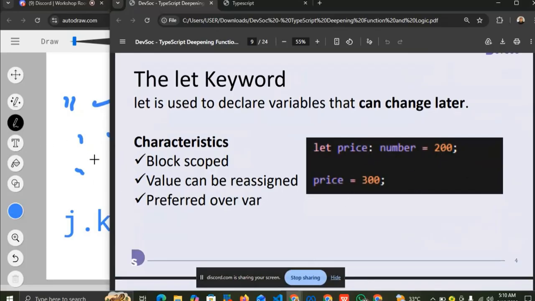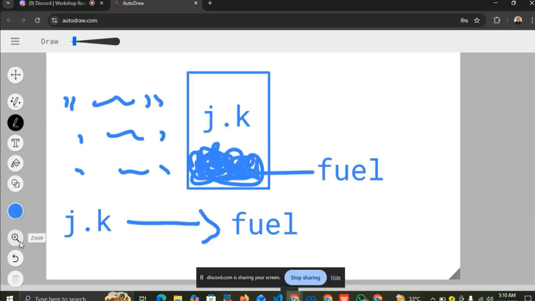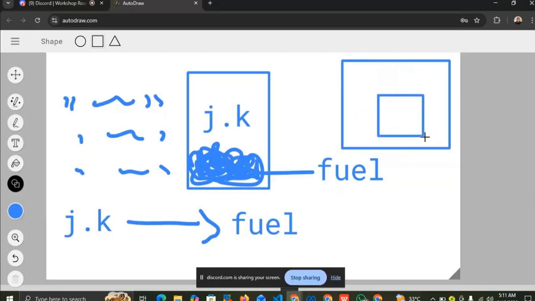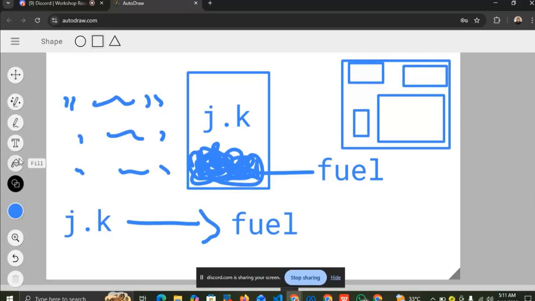So if I define, if this is what I mean by block scope, if this is the entire screen, for instance, of my entire page, and somewhere here I cut out a block inside this entire function or entire shape. But you can have another one here, another one here, another one here. Alright, so what I mean by block scope is if I define anything here, I say let here,